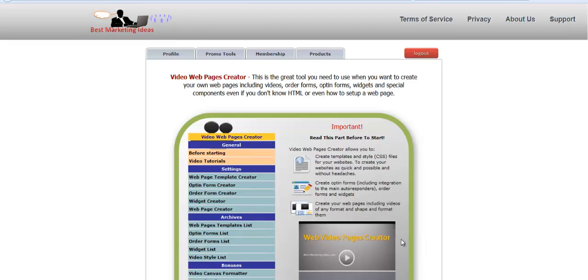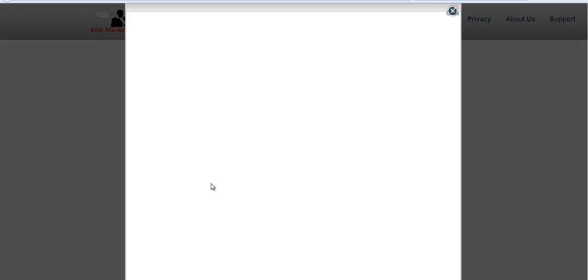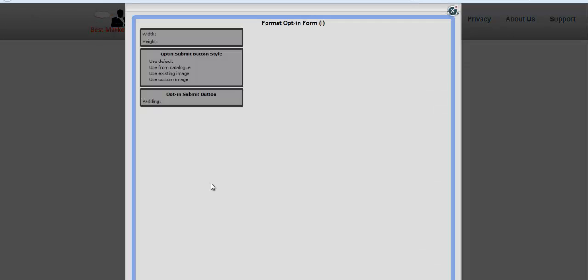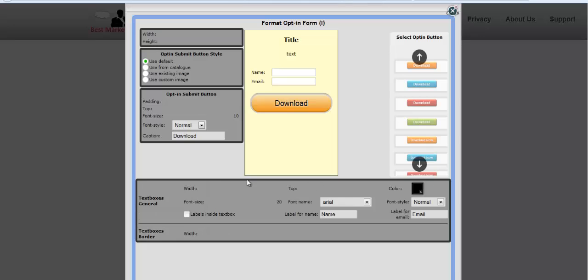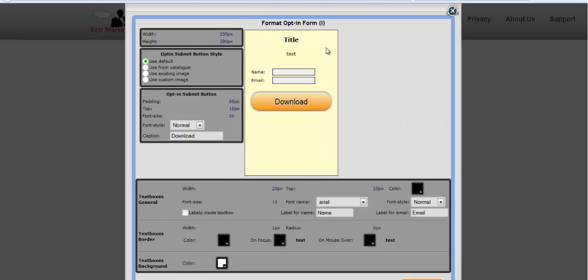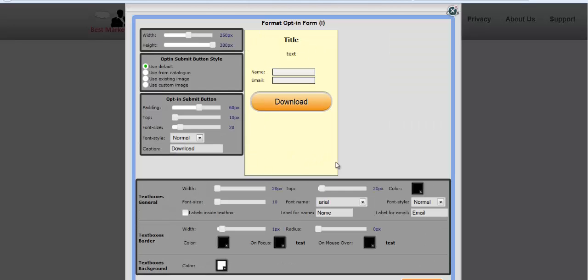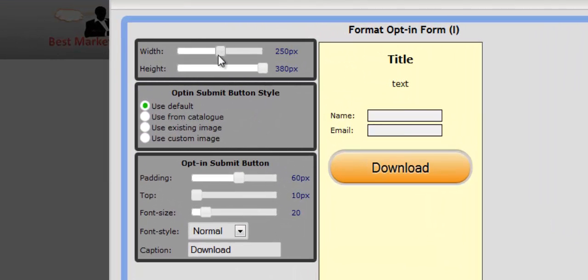Okay, in this video I want to show you how to create opt-in forms with the web pages creator. Click here on opt-in form creator and you have a form where you can customize your opt-in form. This is the default opt-in form you can see here. Of course it's not in a good look and feel situation, and you can format that using the tools in this form. First of all, you can change the size. You can see here the width and the height